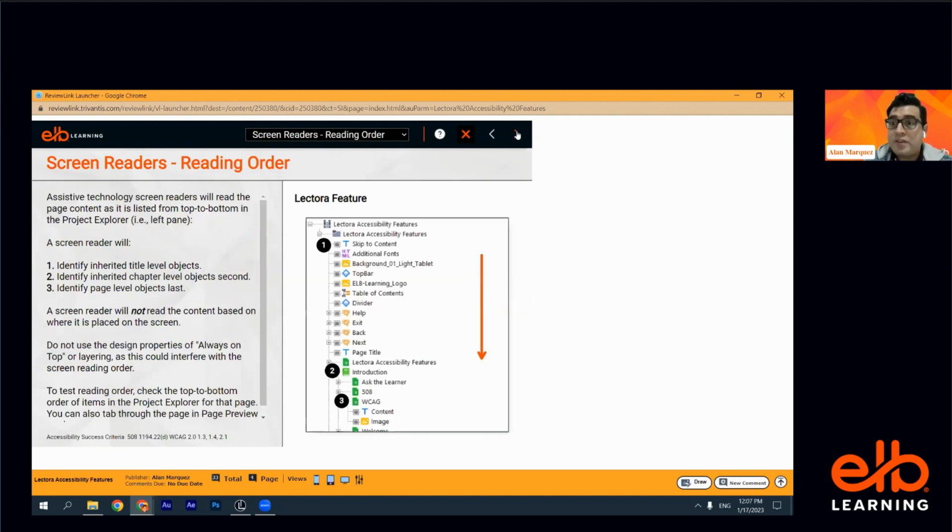Let's start with the reading orders. Now that we know that the screen readers will do the work for us, we need to design or develop our Lectora courses with this purpose, right? Why? Because the screen reader will first identify